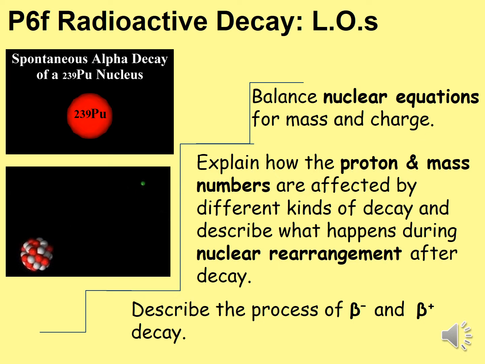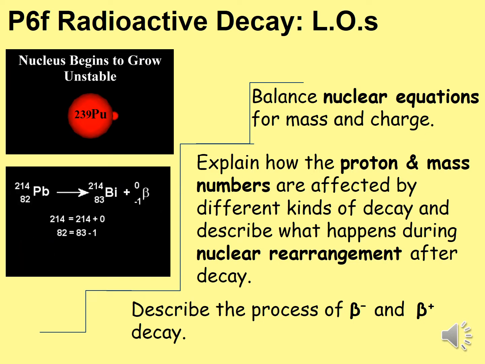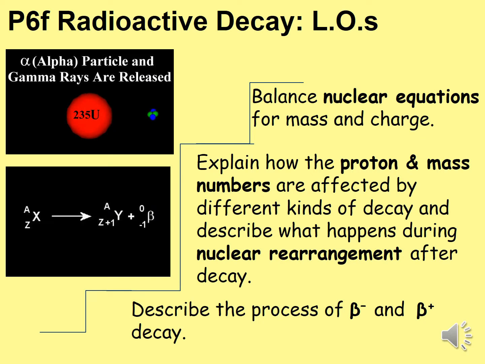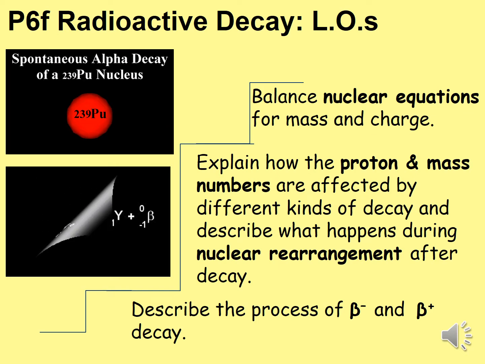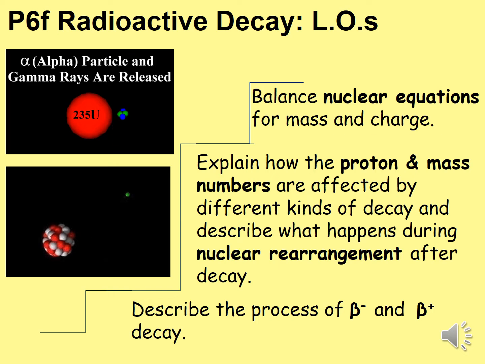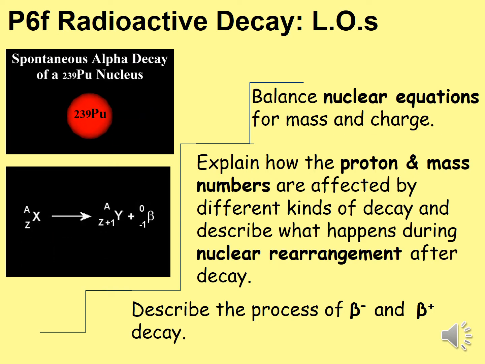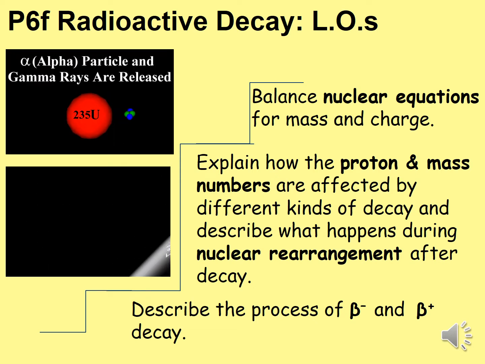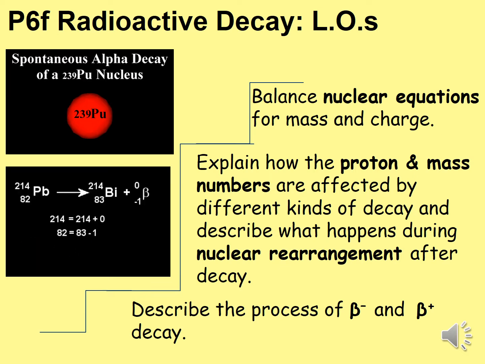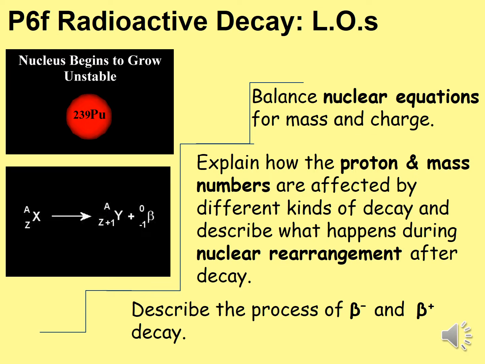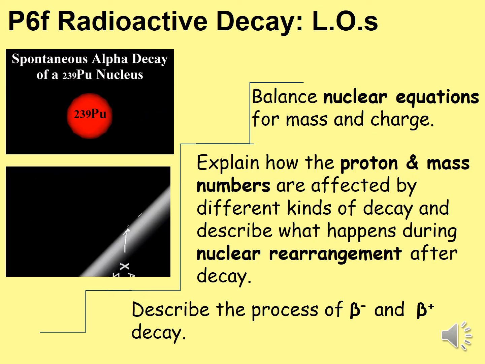The main learning objectives are to balance the nuclear equation, so we can add up things like this here and work out what we started with, what gets emitted, and what we are left with at the end. Also explaining how the proton and mass numbers, relative atomic mass and atomic number, are affected by different kinds of decay, and seeing what happens when nuclear rearrangement happens after particles are thrown out of the nucleus. And perhaps the most challenging part is to be able to describe, explain and calculate the process of beta minus and beta plus